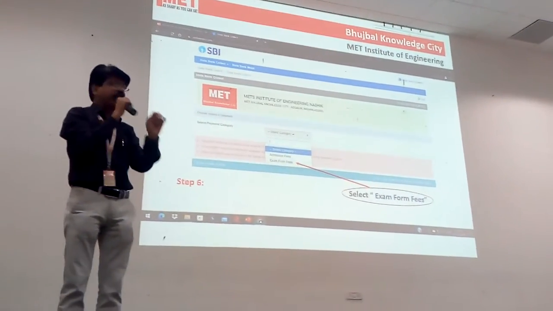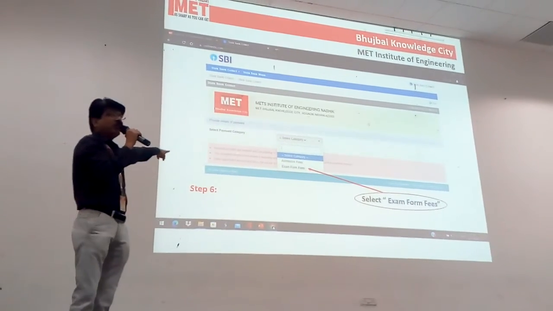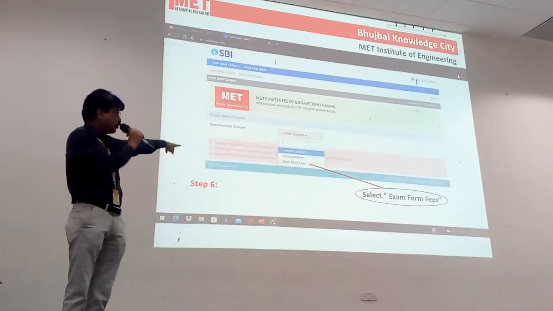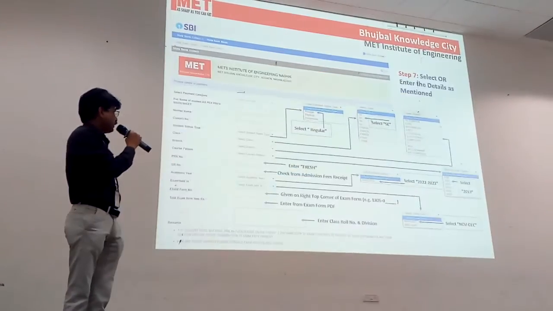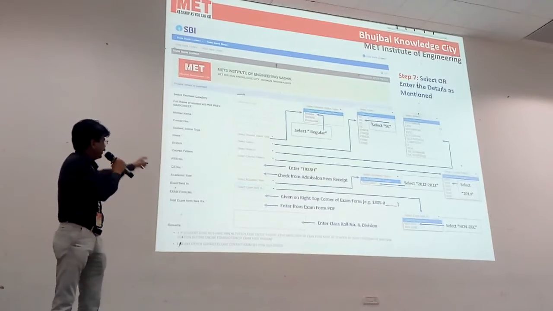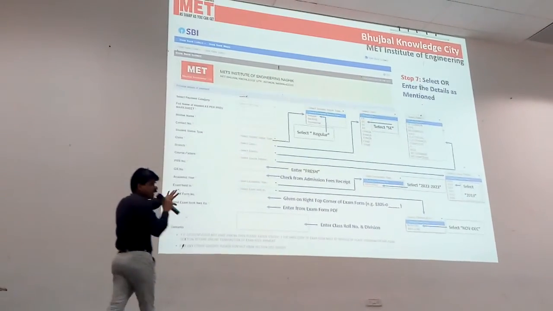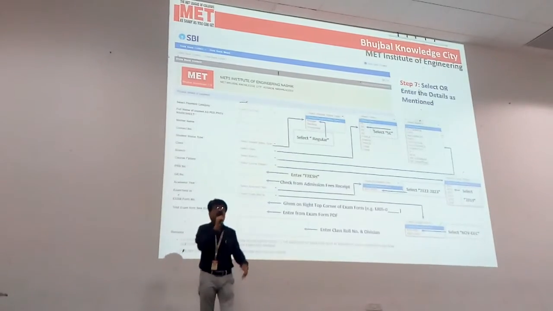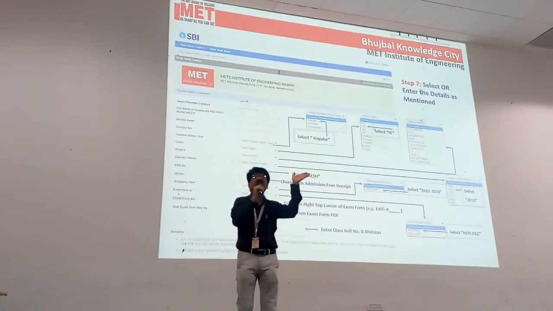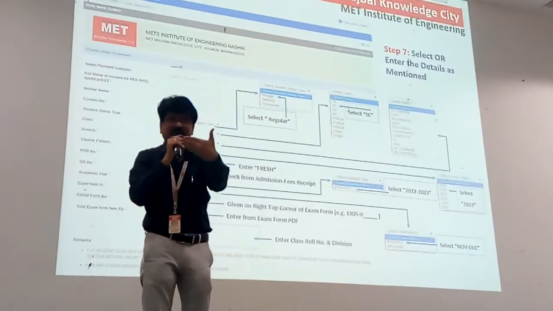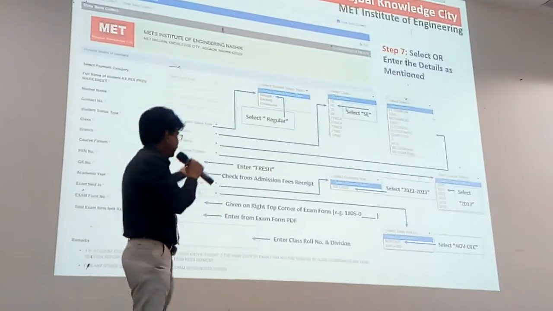Once you click on that, you will get this window where admission fee and exam form fee, both tags, are there. Once you click on exam form fees, then you have to fill up this different information. Your GR, I will tell you only the GR number. They are self-explanatory. The GR number is the number which is printed on your fee receipt. It starts with capital N. So keep the fee receipt with you while filling this.